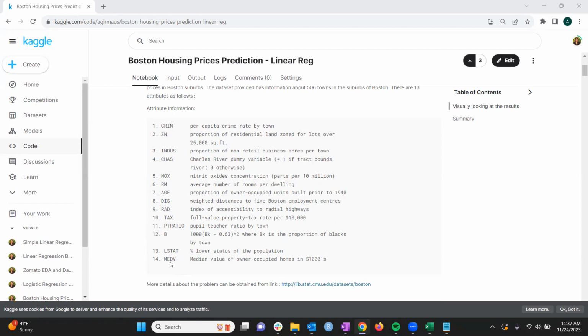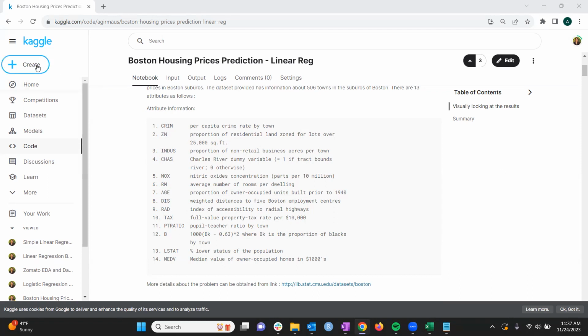So if you can see, this MEDV is the median value of the owner occupied homes, which we need to predict based on the crime rate, the proportion of non-retail businesses, RM would be the average number of rooms per dwelling, and you can definitely read more in the data set. So, without wasting any time, let us directly go how we are going to code this in the Kaggle